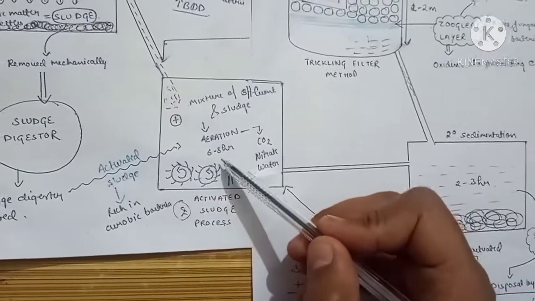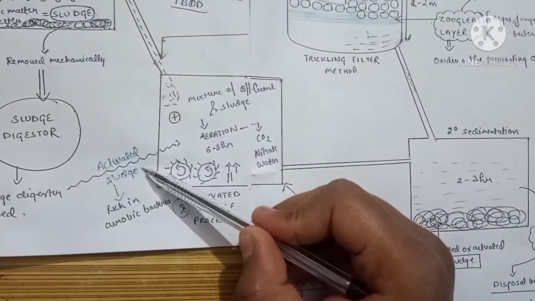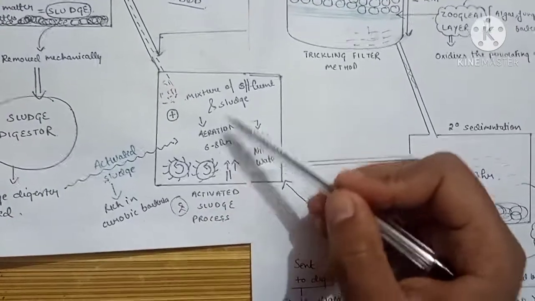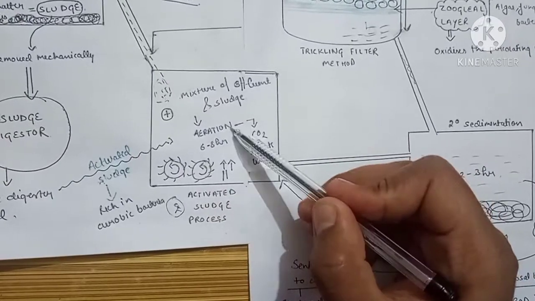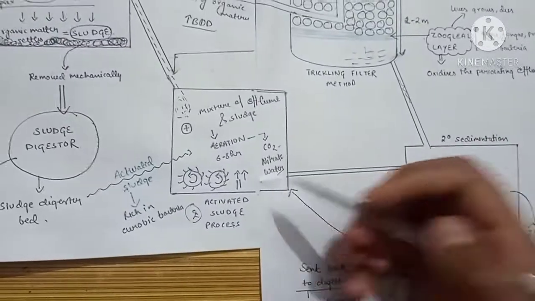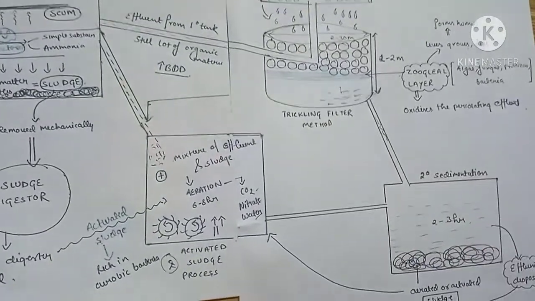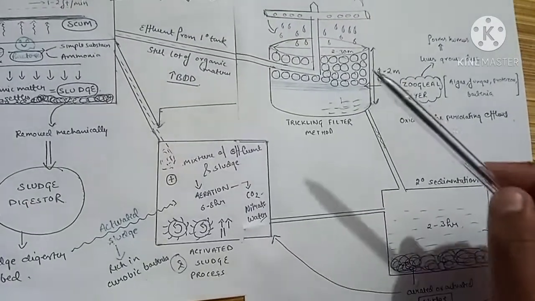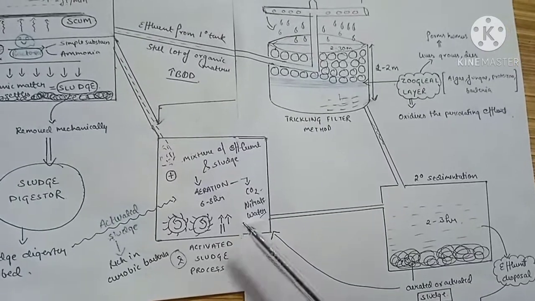And during these 6 to 8 hours where we are mixing our effluent with the activated sludge that contains aerobic bacteria, these bacteria will oxidize all the organic matter that is left over in our effluent, and this will result in byproducts that are CO2, nitrate and water. Again we have lost all the organic matter and the biological oxygen demand is reduced. Now this is superior to the trickling filter method, because it requires less space.